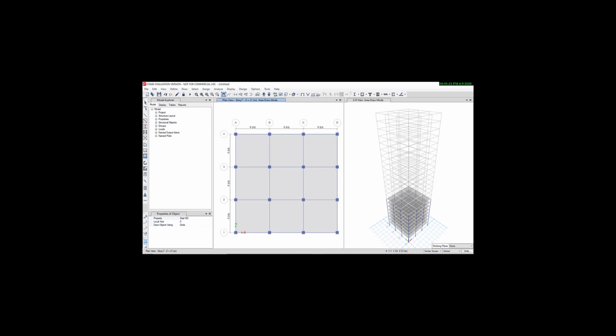Now go on story 9 to 14, any similar story. Now again select column for story 9 to 14, check before whether it is similar story or not. If not, then select similar story and go on here, quick draw column, property column auto selection and select the column from here to here.